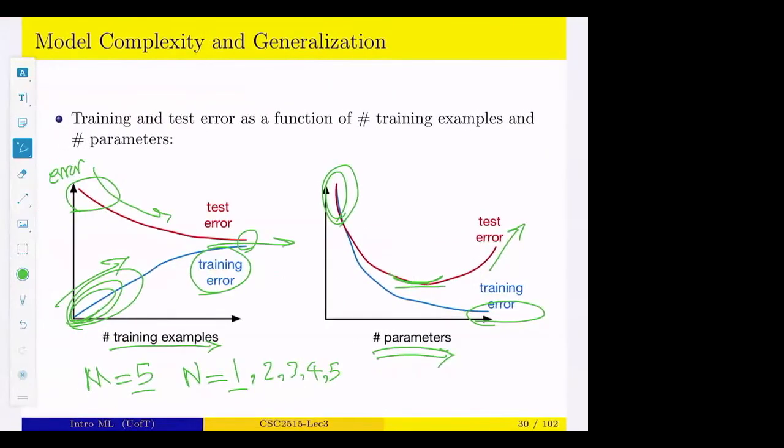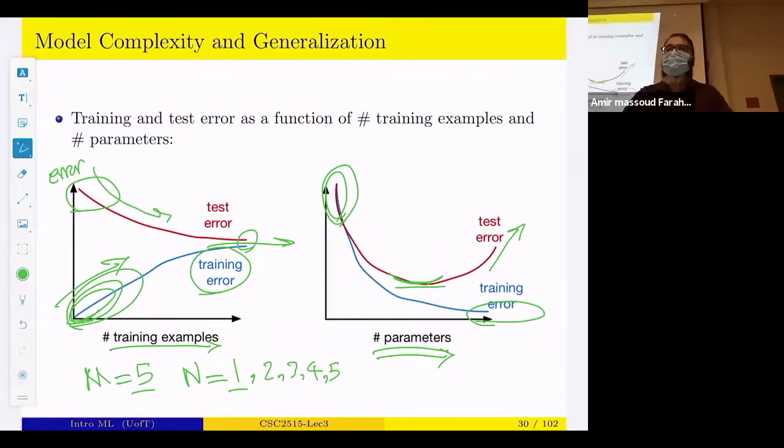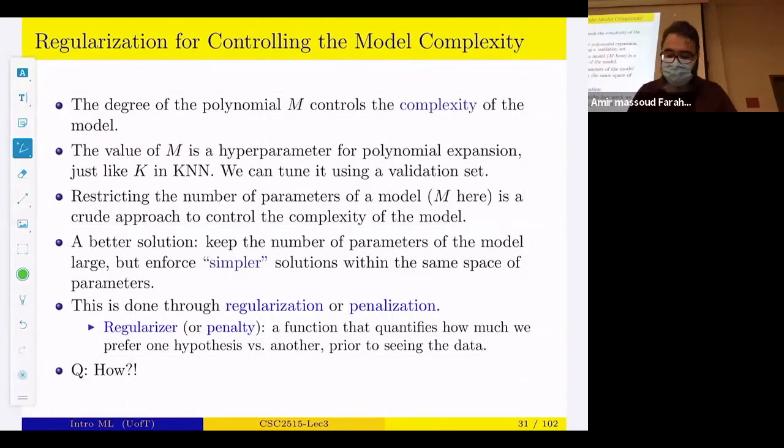Okay, so maybe we have a quick break here. So it's 18 past 12. Maybe we start at 22 for 4 minutes. Okay, so